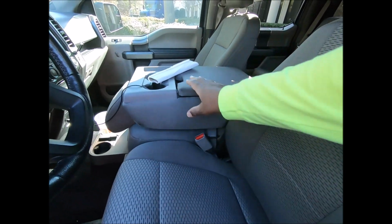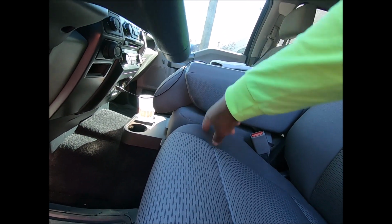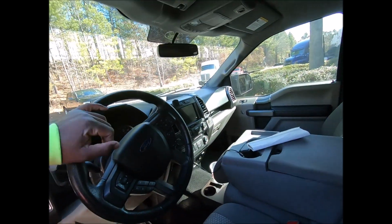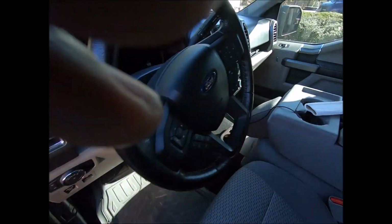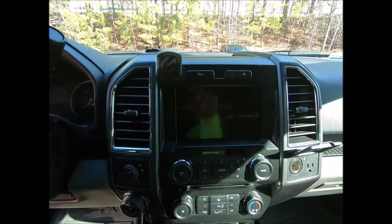I need to clean mine. And notice right there, that's where my leg rests. That's worn a little bit. What else? Like I said before, look inside,